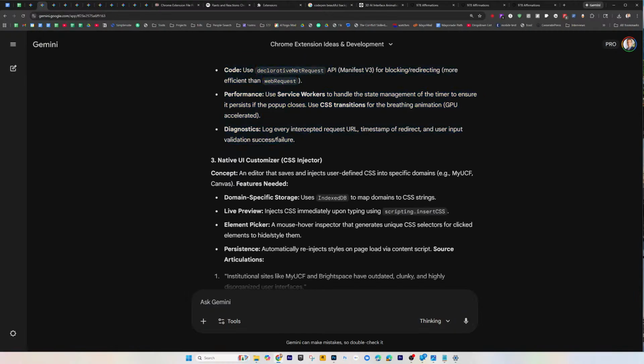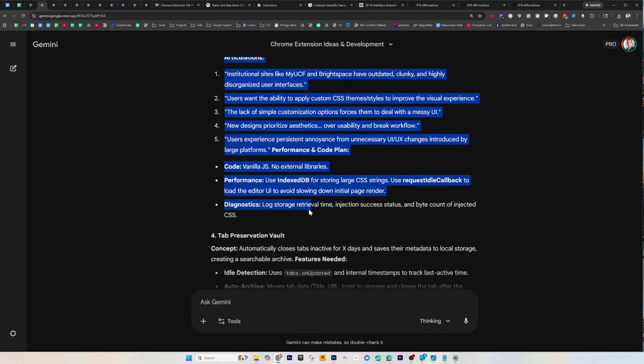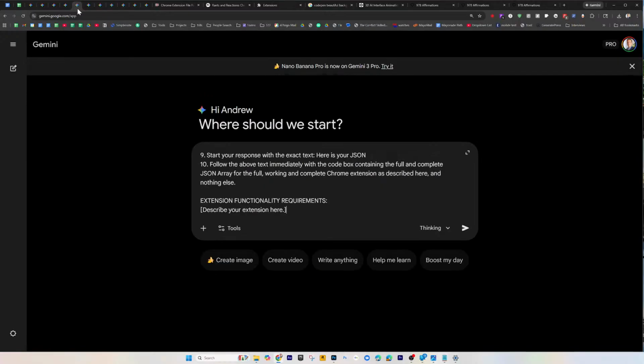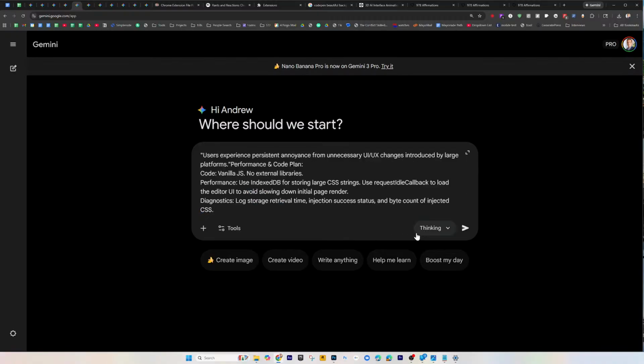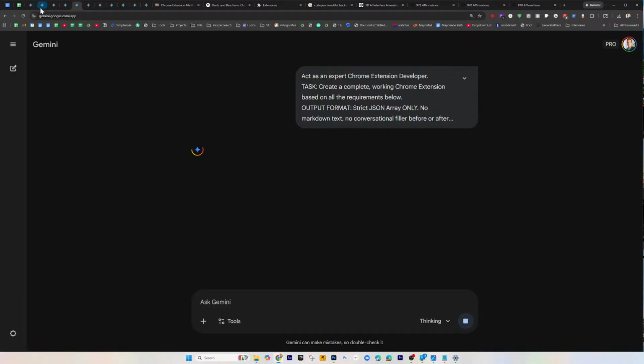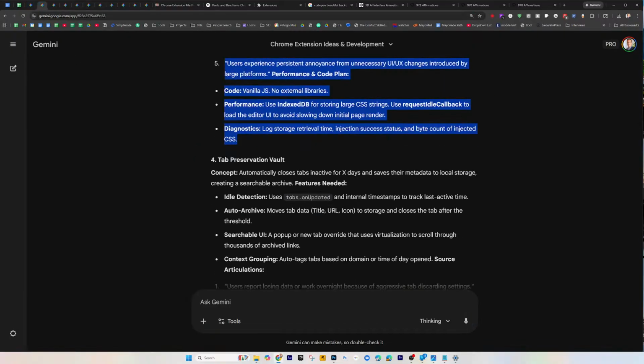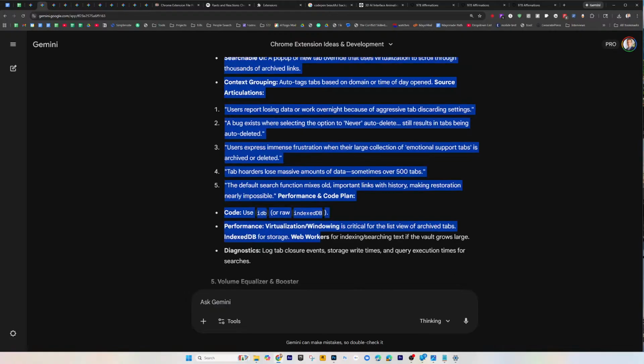All right, and then a native UI customizer. Yeah, it'll be interesting to see, one, how these work, if they do, and what the features are. I'll be reviewing it with you. This probably seems like kind of